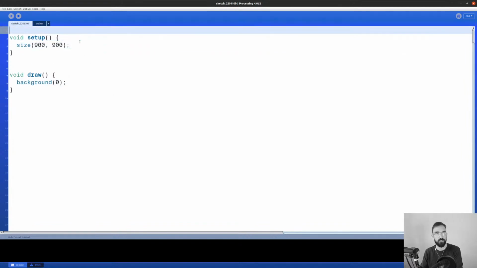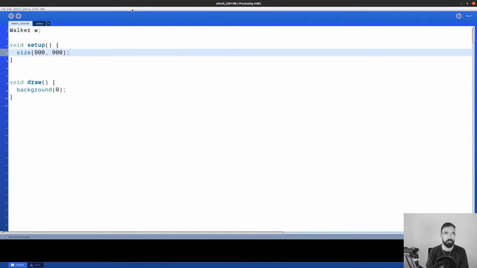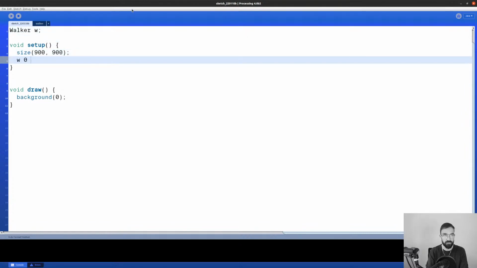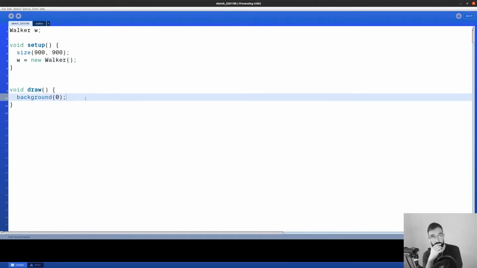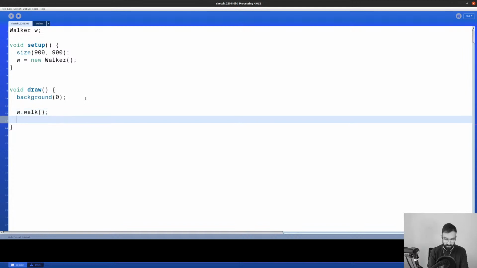So now I can create an object out of that by saying walker W, and I can initialize this object in my setup function. W equals new walker. And this is the function that we need to use to create an object. So, and now I can say w.walk and w.display. And if I do so,